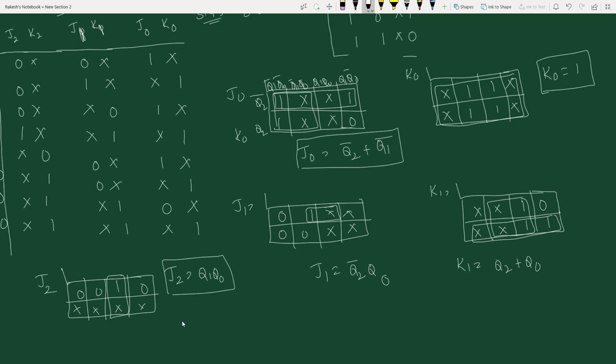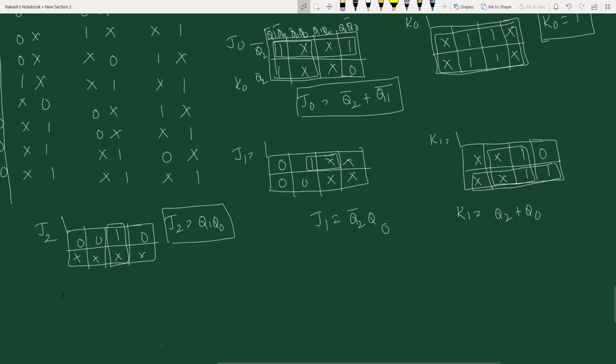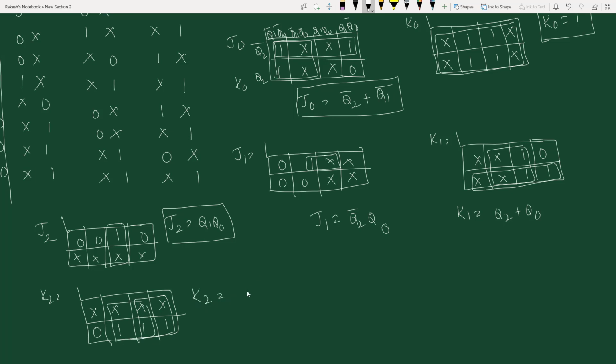If you make it for K2: x, x, x, x, then 0, 1, so I can make this as one quad and this as another quad. So I can write my K2 as Q0 plus Q1. So these are the required inputs for all the three flip-flops.